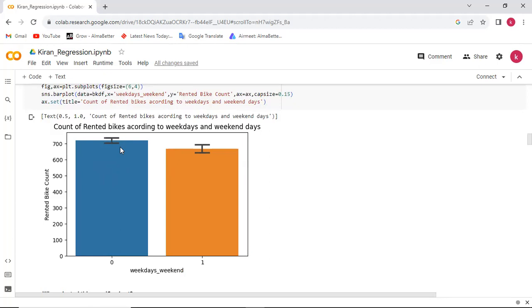It may be because weekend days consist of only Saturday and Sunday, while this blue bar is the count of 5 working days, and maybe that is why this count is higher than the weekend days.